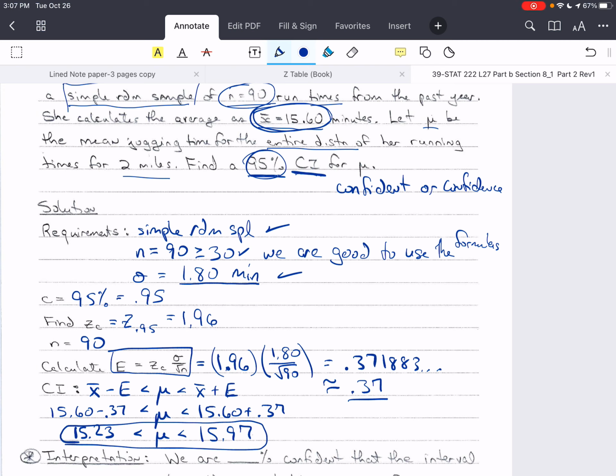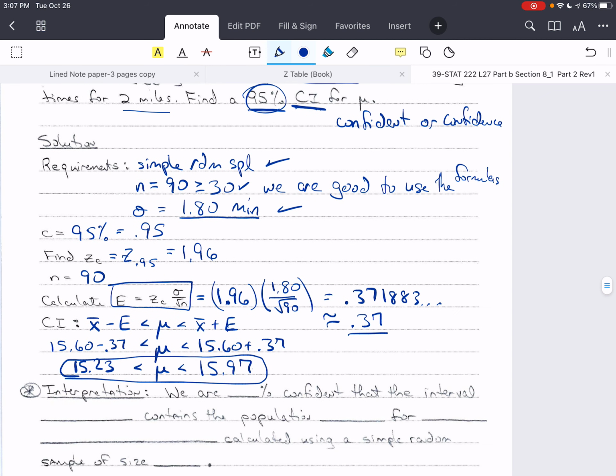Now it's time for us to do the most important part, which is interpret it. So here is the sentence that you need to write on your formula sheet. And if you say it this way, you will not get it wrong. If you change up anything, you may get it wrong, okay? So we have to be very precise in how we say this, or else we're going to say something that's not true. So we are 95% confident, so we put C in the first blank, that the interval,